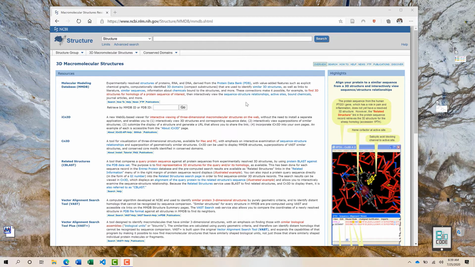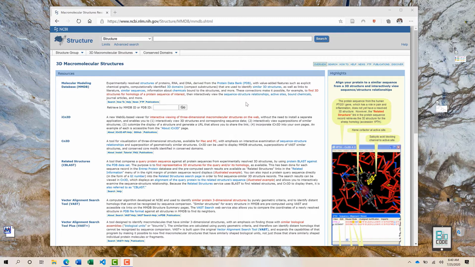Although all those structures that are available on PDB, that have been experimentally determined, or in other words experimentally resolved, for example proteins, RNA, or DNA, are actually stored in MMDB as well. So the data is basically redundant over here, but in some cases it can contain a different data set as well. So you should go through both of these databases one by one, because maybe you could find some novel data on either of them.